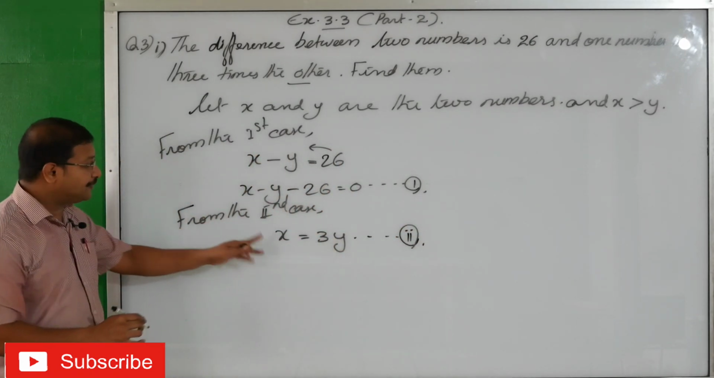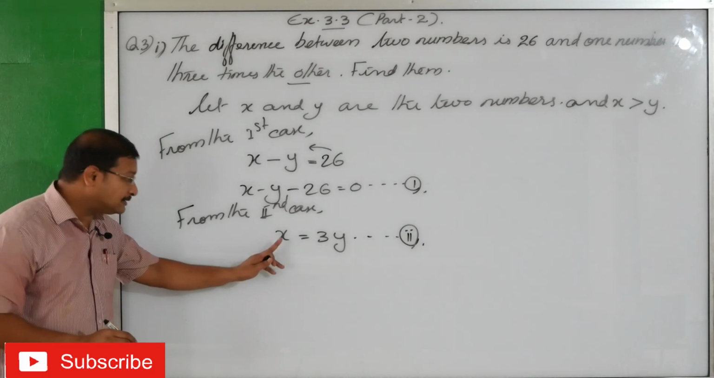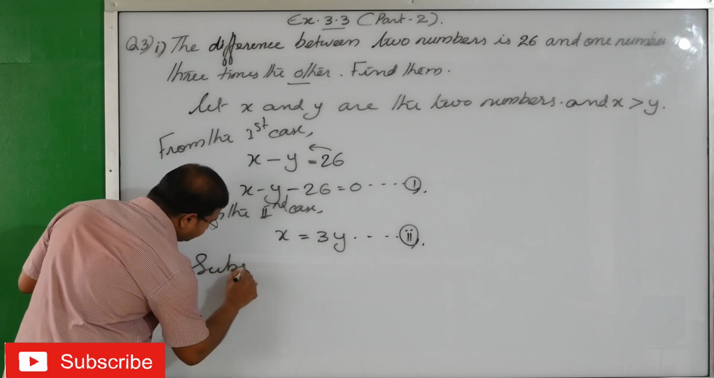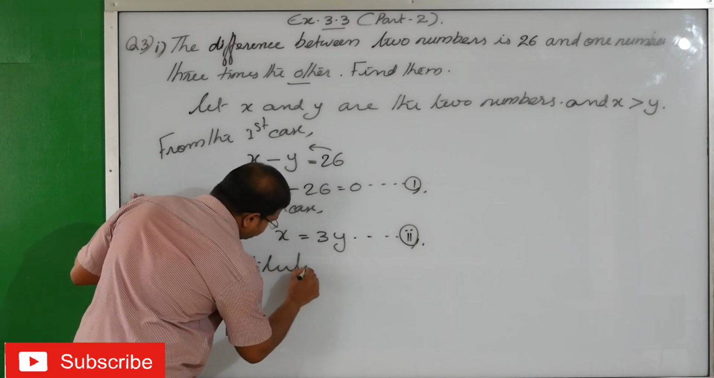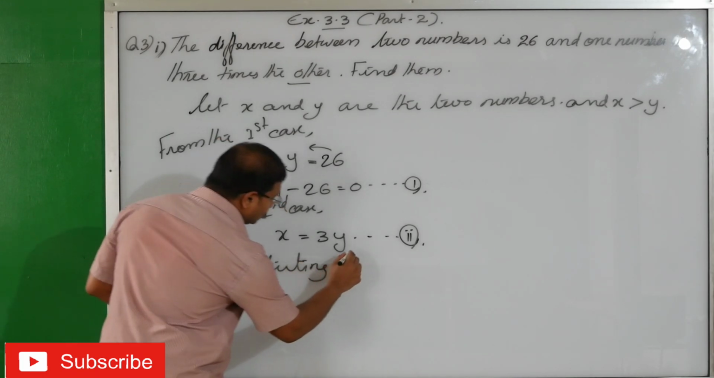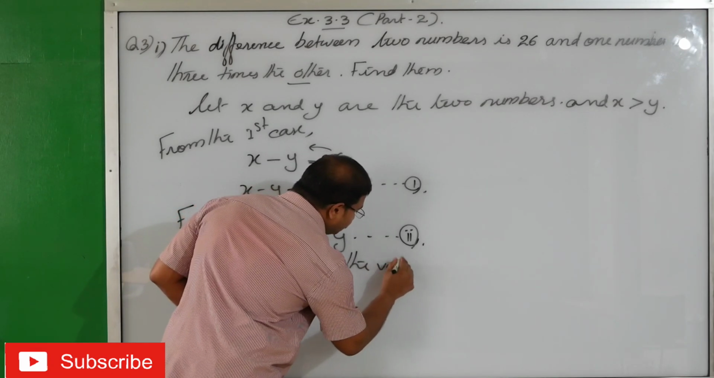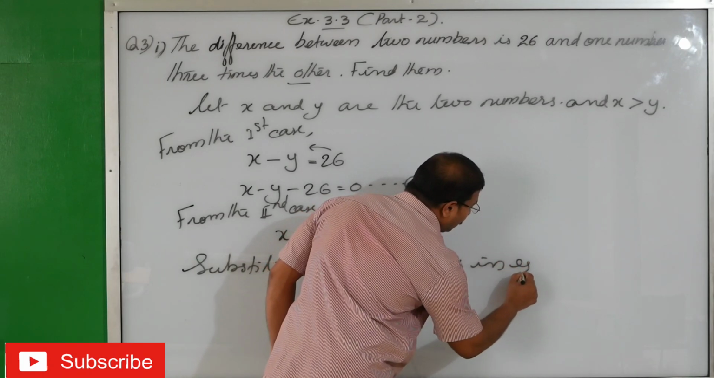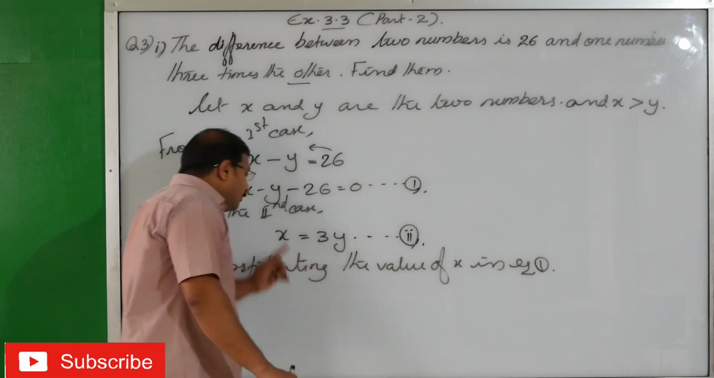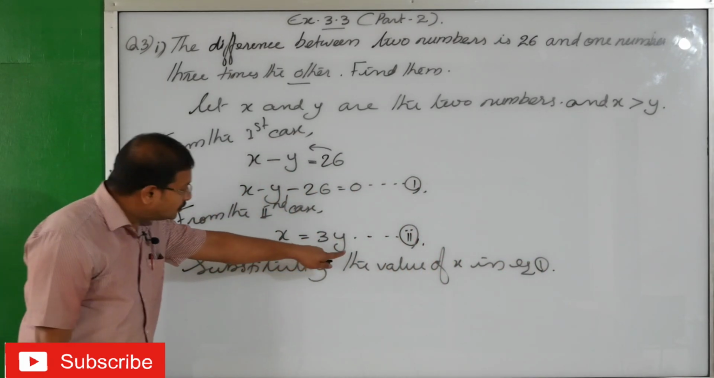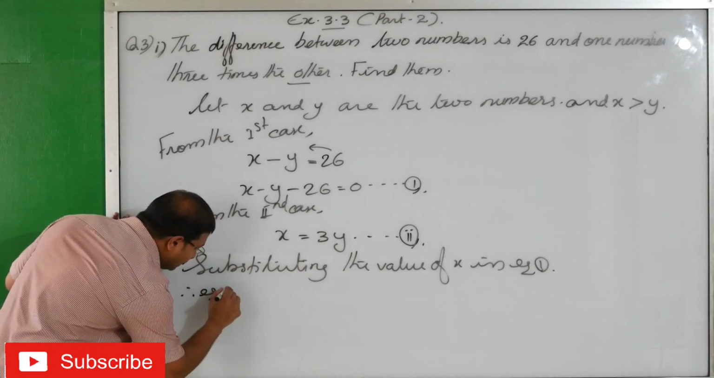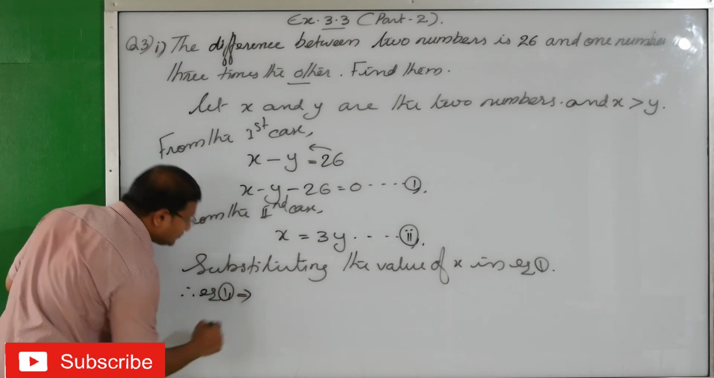Now what you will do? Of course we already got it directly, second as x equals 3y. Therefore, substituting the value of x in equation 1. This time direct value of x is given in the second equation. So this value will be put in the first equation. Therefore, equation 1 implies,